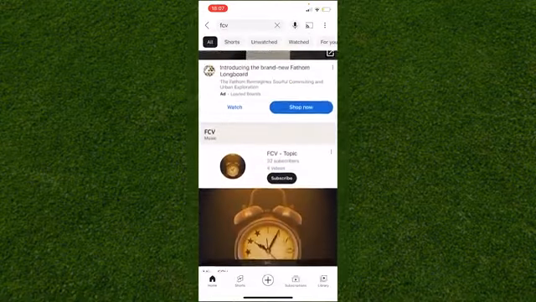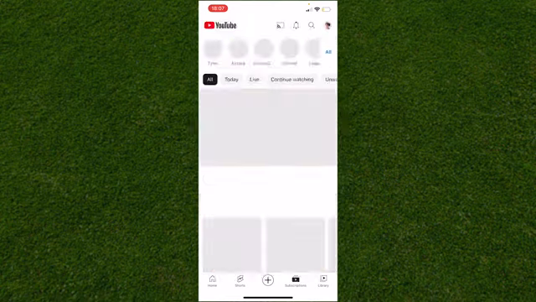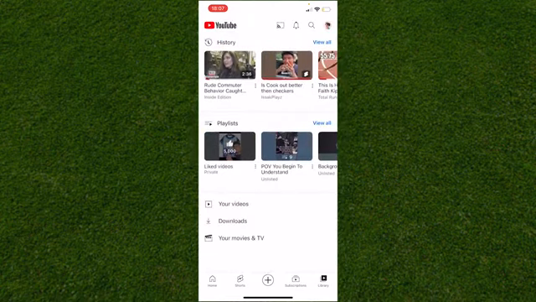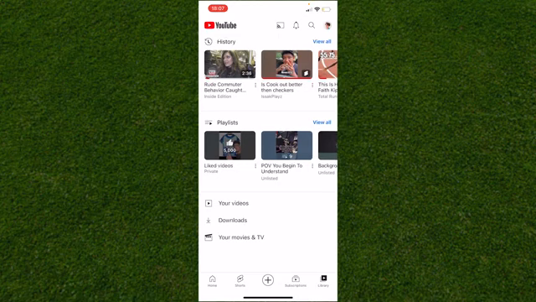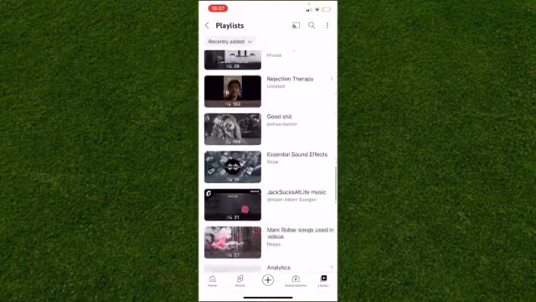option. But how we actually view this list without actually clicking on that see list button is instead we want to head over to our library in the bottom right hand corner. And as you can see, when we go back to this panel right here, we can see these playlists feature right here. We click on the view all option, and these are all the playlists that I have on my